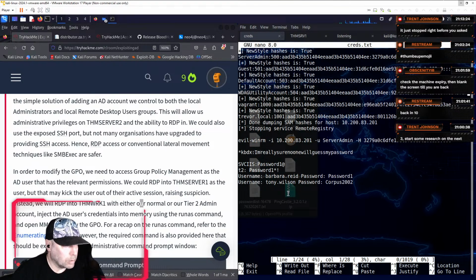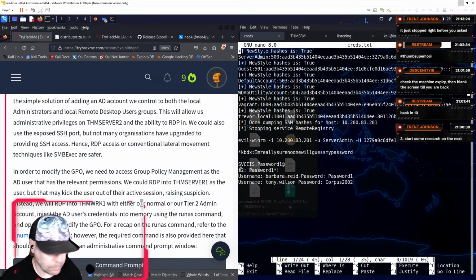I don't remember getting a Tier 2 admin account, unless Trevor Local is Tier 2. No, Tier 2. Here's our Tier 2. Oh, the account we compromised. I only have the password that I set it as, but I think I remember the name. Oops.